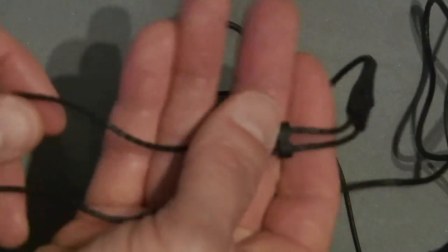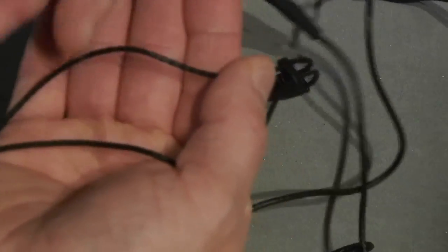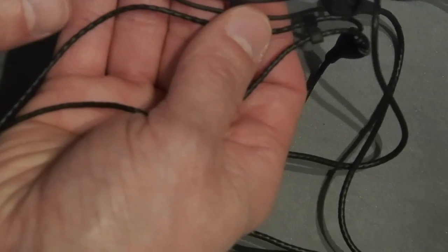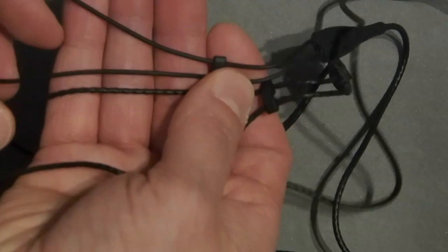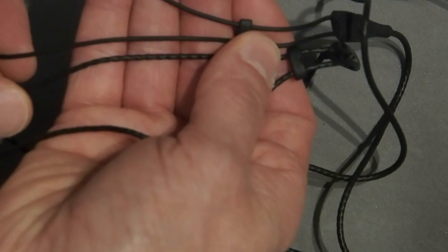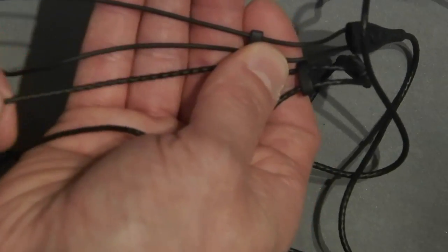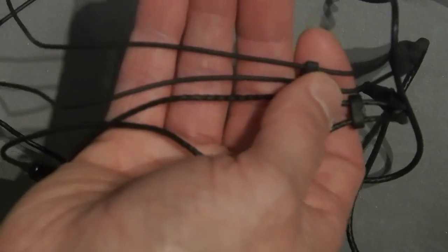Other than that, the cable is basically the same, except for above the Y splitter here. I don't know if you can see it, but the cable above the Y splitter is a bit more robust. It looks like it's got maybe a little bit of a braided sheath or something around it. It basically looks the same texture and toughness as the cable before the Y splitter. So to me, the cable above the Y splitter on the M100 feels sturdier, more robust. It might interfere with the ear guides, though,